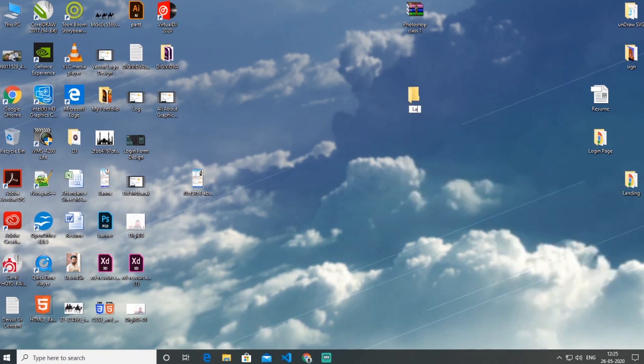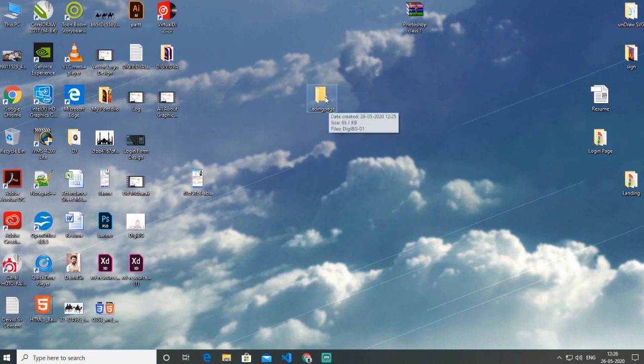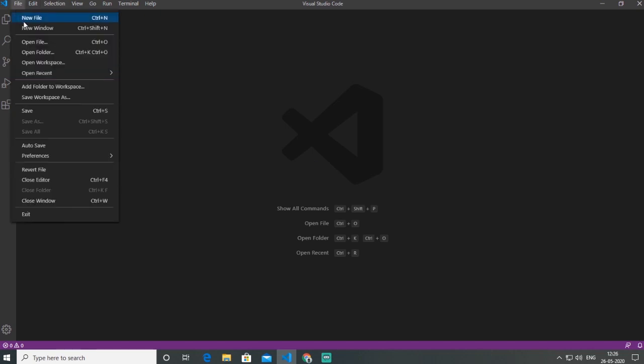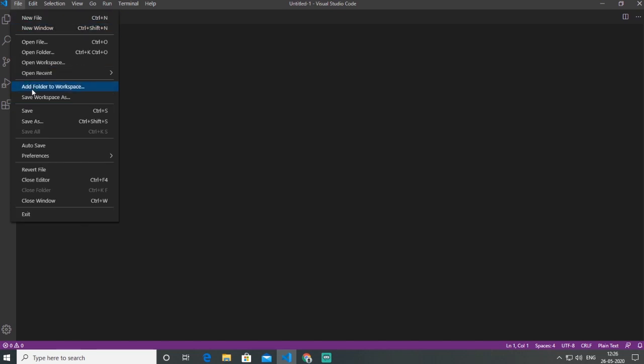The name is landing page. Inside the landing page I put an image. This is DGBG1. After making the folder, I go to my Visual Studio Code. Here I create a new file and save this file